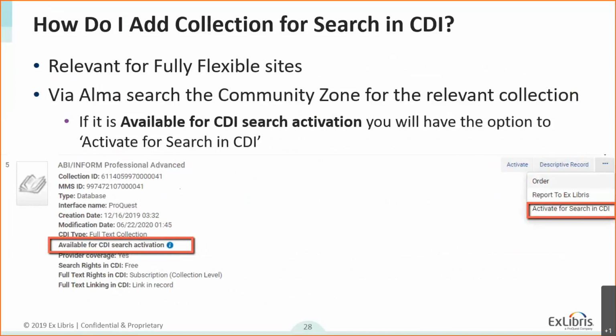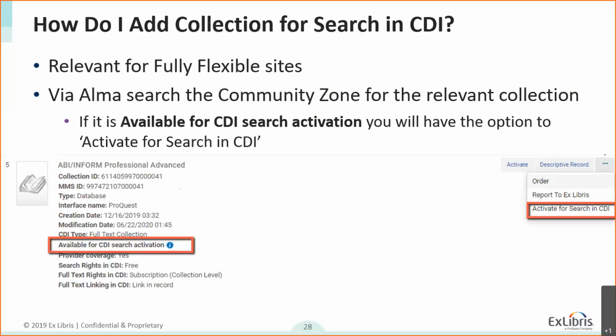If you want certain content to be available for searching, meaning that you don't have full text access for it, it's not active in Alma, it's not available for full text in Alma, but you do want to give your patrons the ability to search the content and give them services such as resource sharing, document delivery, and so forth, you do want to make the content of those collections searchable.